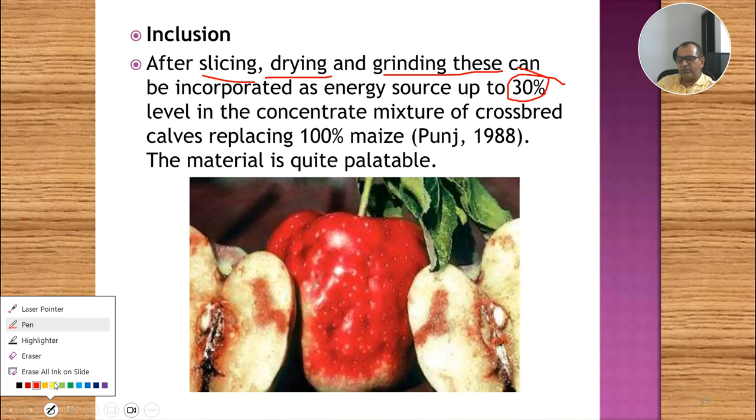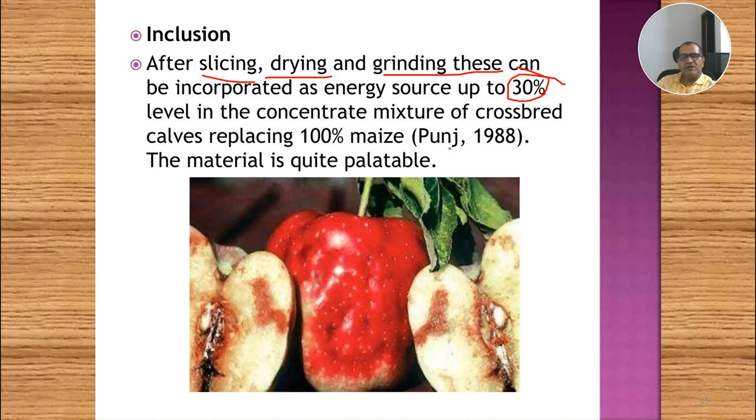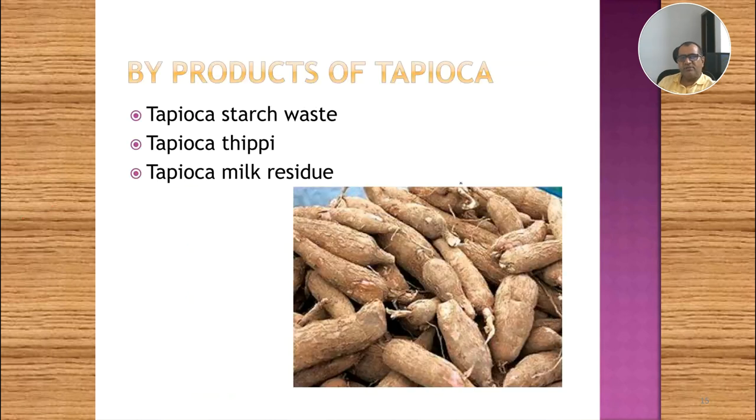Care has to be always taken while considering unconventional sources of feed. These feeds should never be used to the 100%, especially as they cause a lot of acidity also. It is highly palatable because it is sweet, and the animals like it. The next source is the byproducts of tapioca, which is very commonly used in Kerala and other parts, because